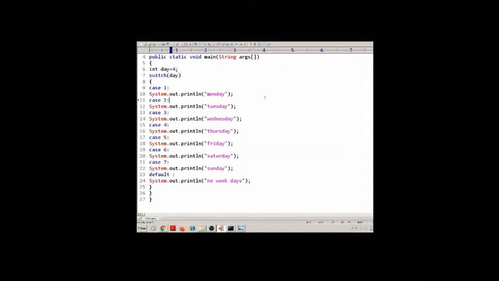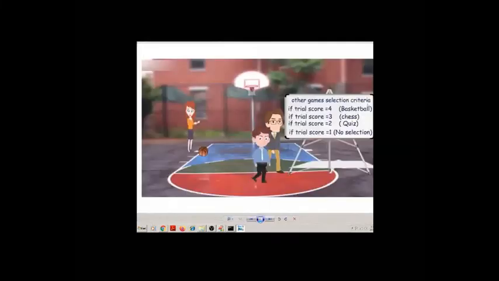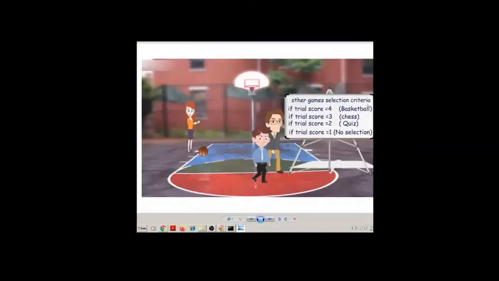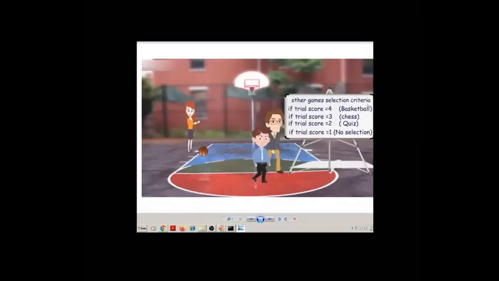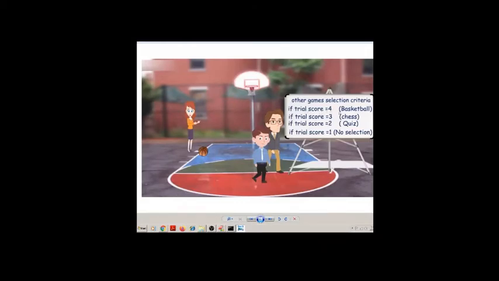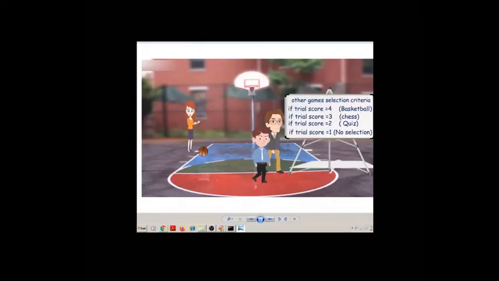So Vivek, I hope it is clear. Now Vivek, remember the basketball court selection criteria. As you can see here, if the trial score is 4, then the student is selected for basketball. If the trial score is 3, then the student will be selected for chess.